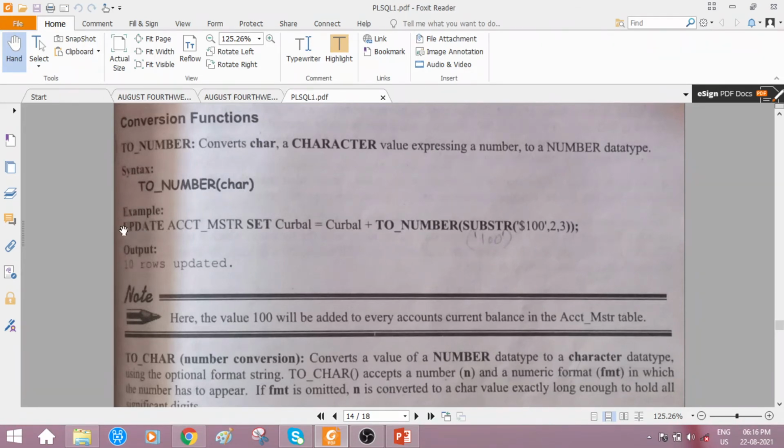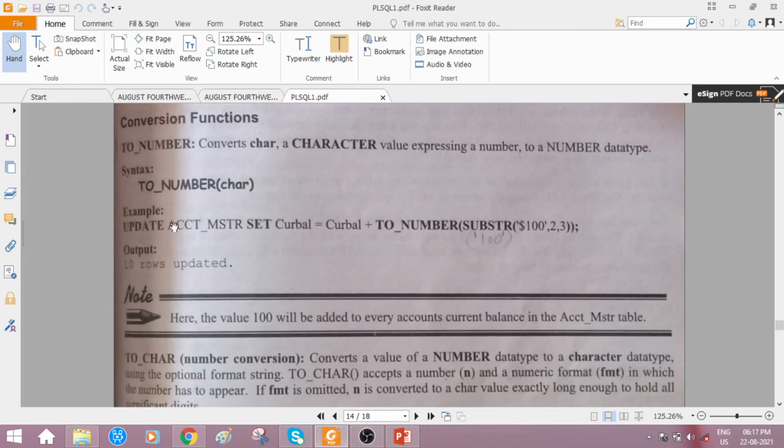Example, observe here. Now instead of a select operation, we are using update. I hope you all remember the operation of update. It is going to modify the data stored in the table. What is the syntax of the update operation? Update is a keyword followed by the table name. So the table name is account master. Update table name set, that is the new value, what value you want to modify.